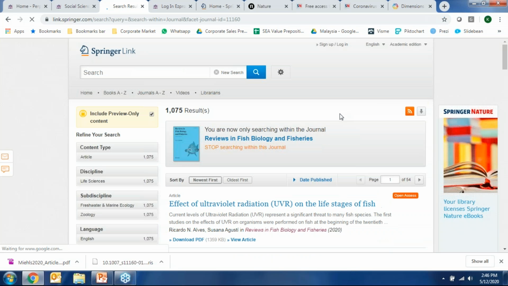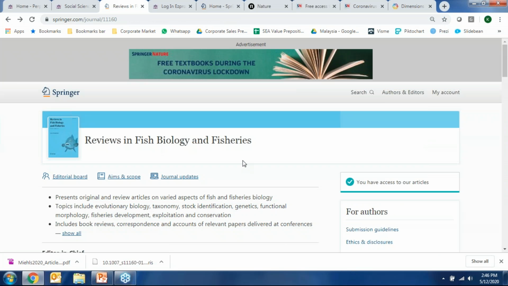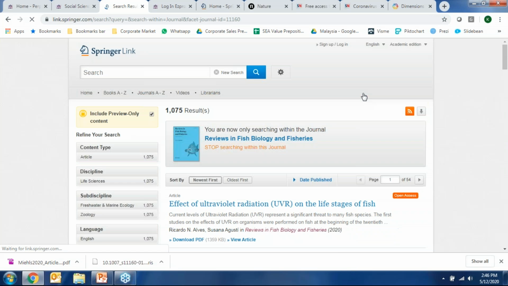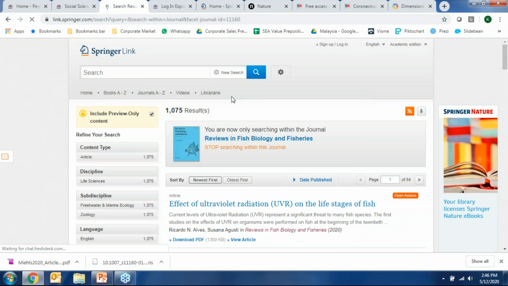Let me just repeat that. On the homepage of the journal, you see on the top right-hand side there's a search feature. You click on it, and now the platform helps you search any specific queries you may have in this journal itself, Reviews in Fish Biology and Fisheries.